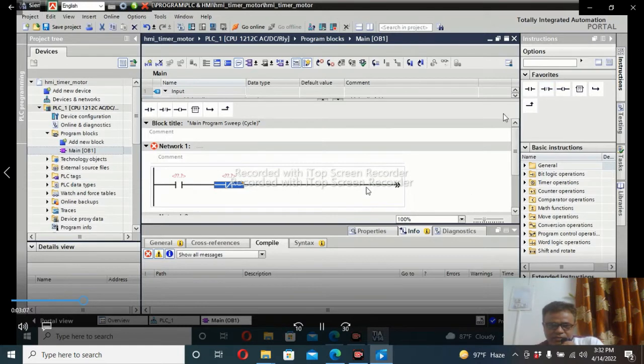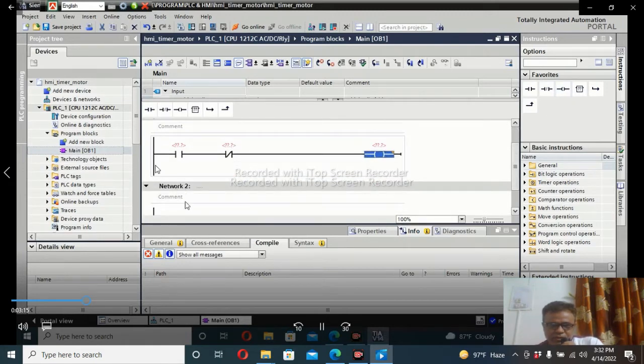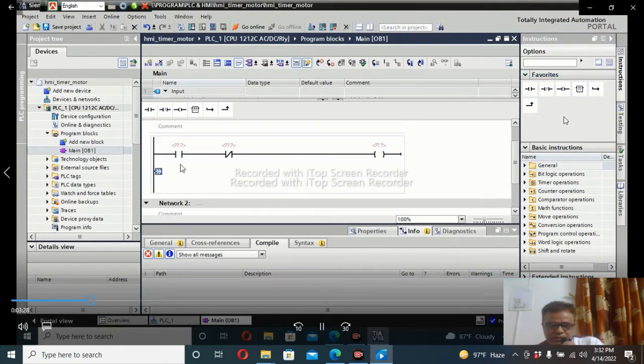From there you have to drag and drop or double click each item and it will appear on the ladder with the first rung, or network 1, you are watching on this screen. Here we can see that there is one start button, one stop button and one output relay,